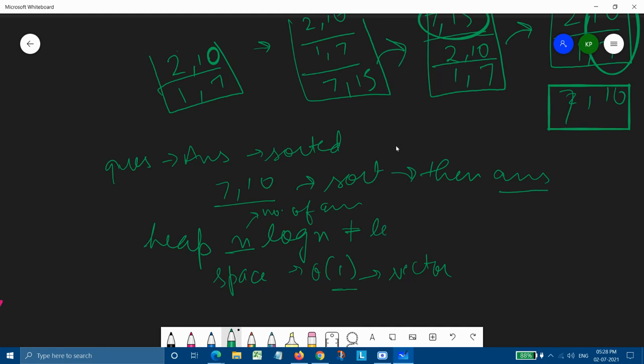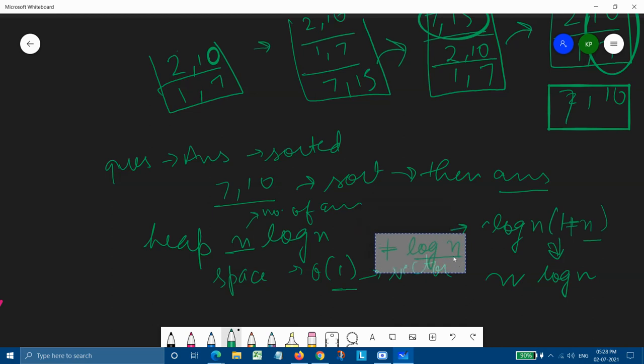Plus one more thing, there will be log of n also there, because we are sorting a vector. So our final complexity will be simply log of n into 1 plus n. If the number of elements is much bigger, then it will be simply log of n into n. So this is a nice solution for doing this question.